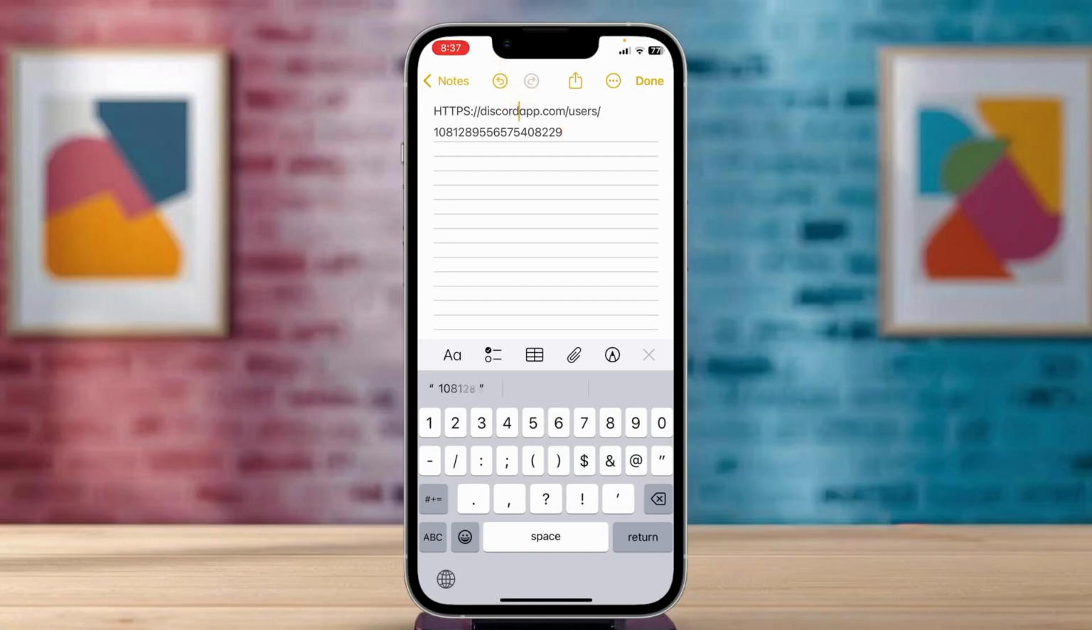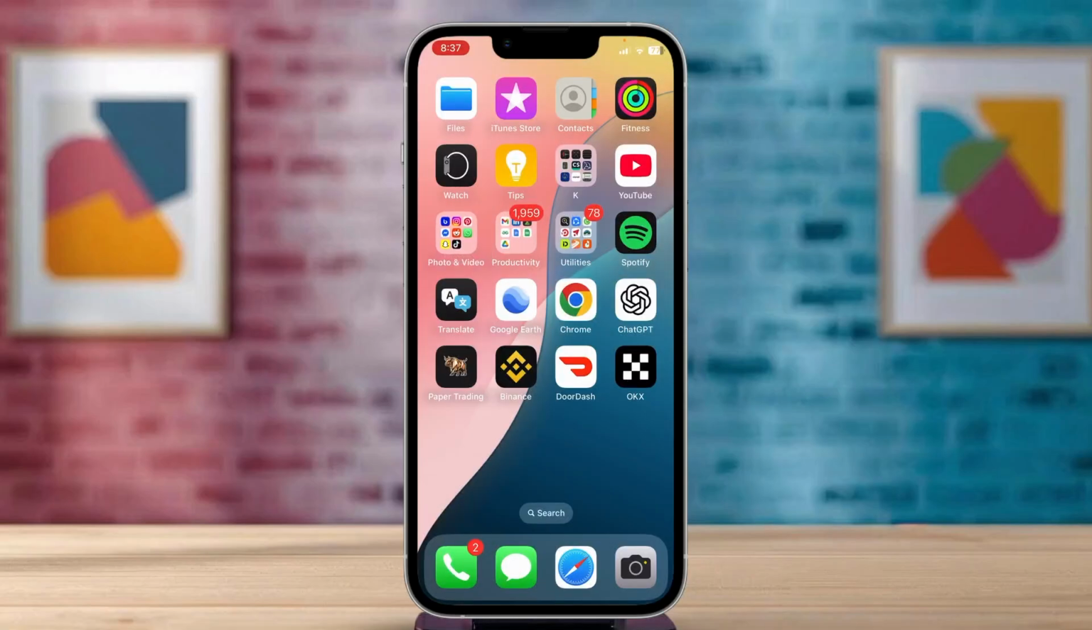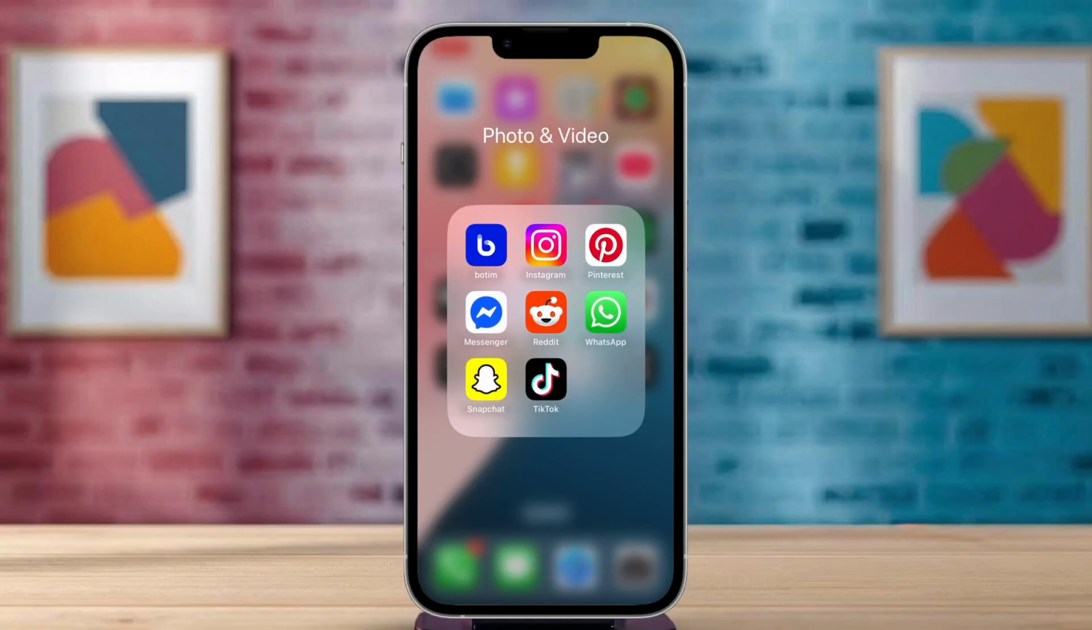Then you can select all of these, and now this is a link. Now you can share this to whomever you want. You can share it via your Snapchat, WhatsApp, or whatever you want, and this will be the link of that very friend's